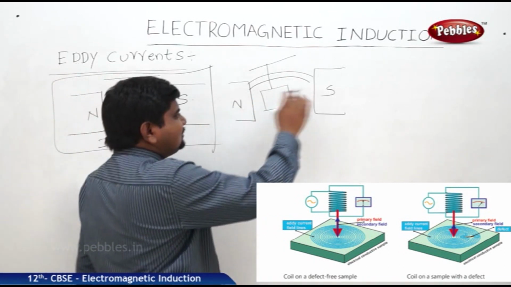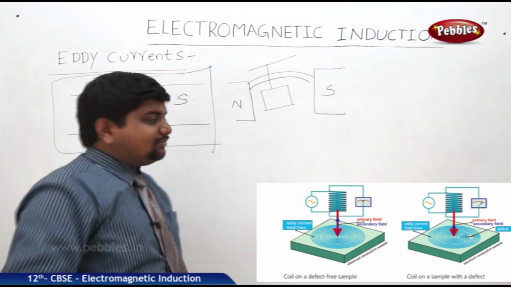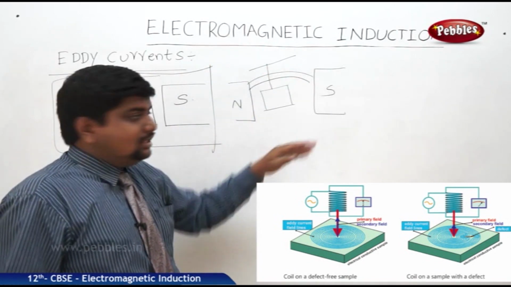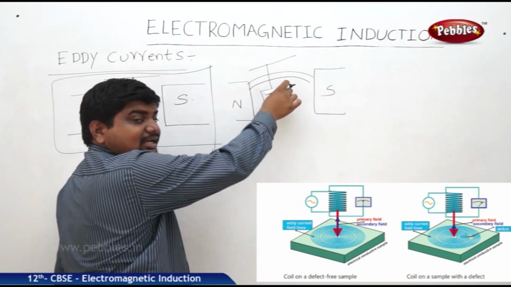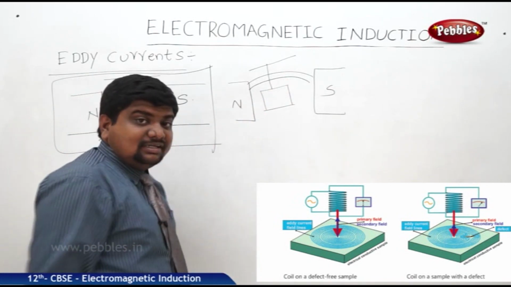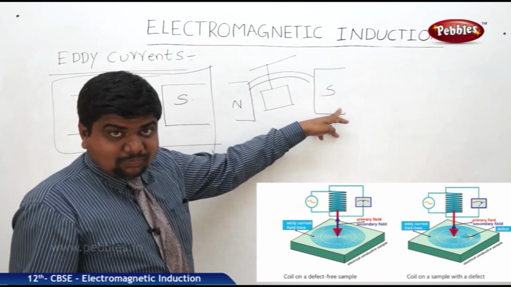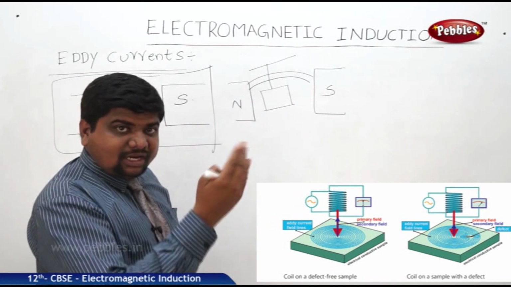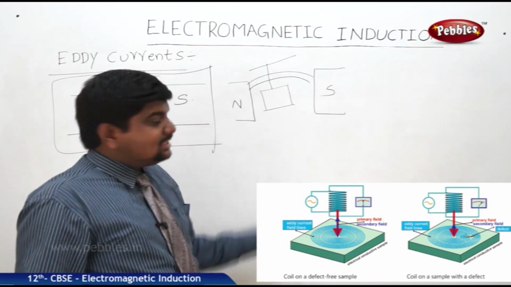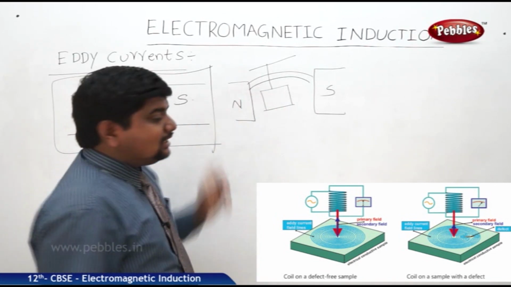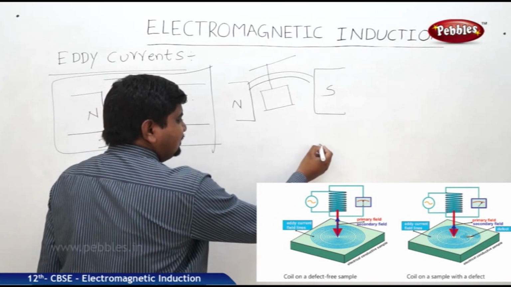But the direction of the magnetic field is always from north to south, which creates the slowdown of this metallic conductor. Means when it is placed between the north and south pole, it slows down and again speeds up. Slow down, speed up. That means this metallic conductor will move like this,